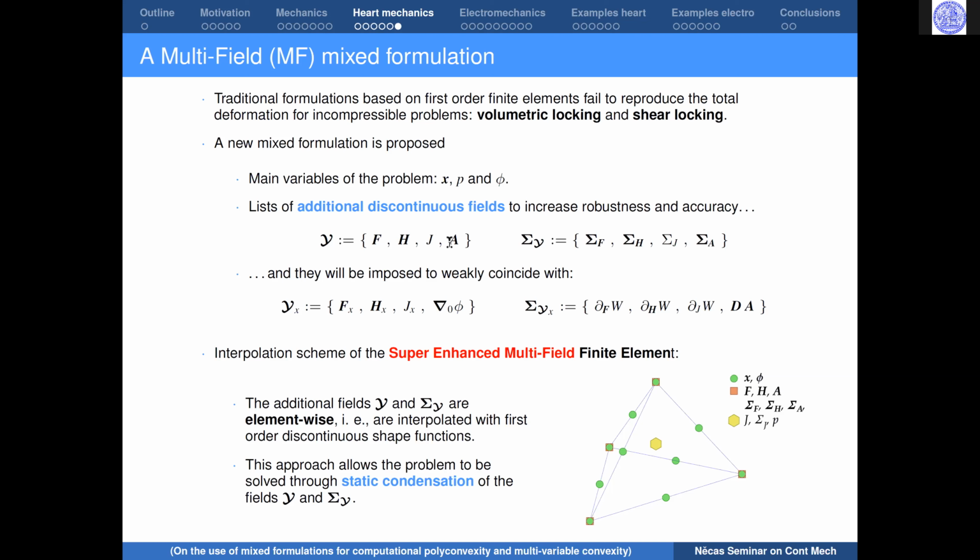And then we look for Hu-Washizu type variational principles, where we expect weak convergence, we leave the requirement of a strong convergence between the different fields,